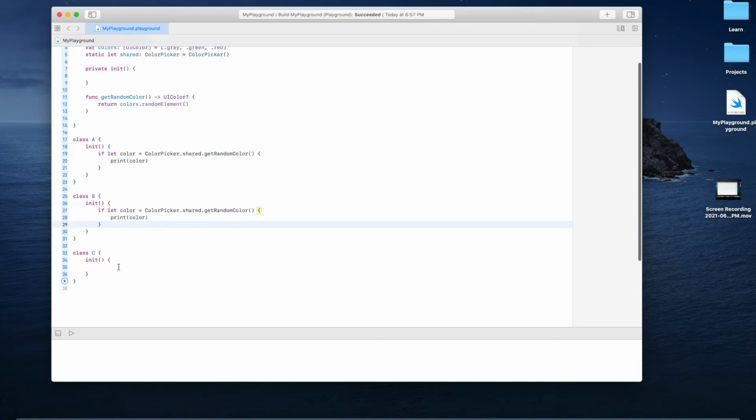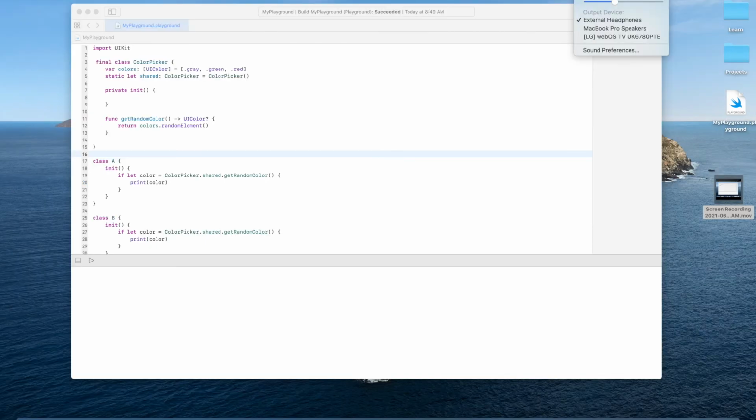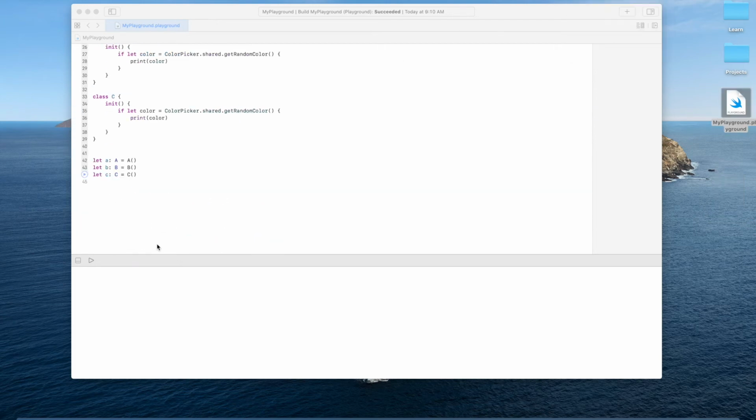So I am doing the same code in all the places, because we are just getting the color in 3 different classes using the same single instance. We are not creating 3 different instances. There is a single instance which is the singleton object, and we are accessing the same single instance to access the data and functionality of the singleton class. Let us test this code by running the playground file.